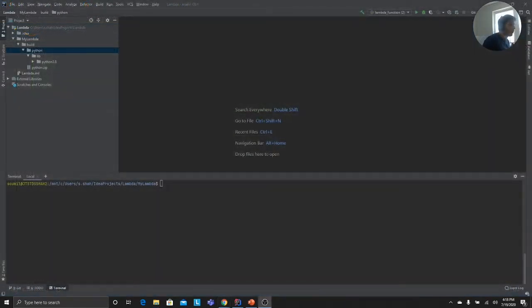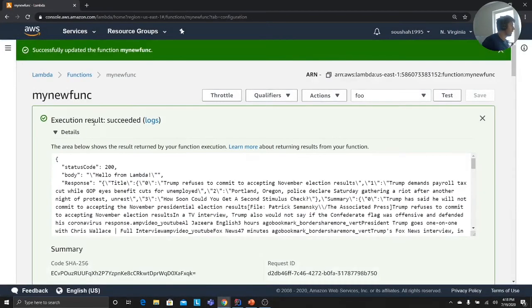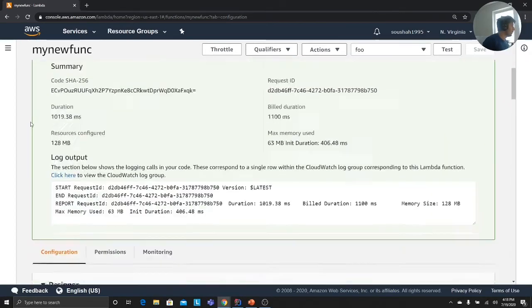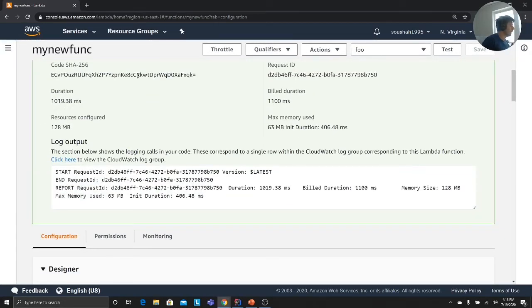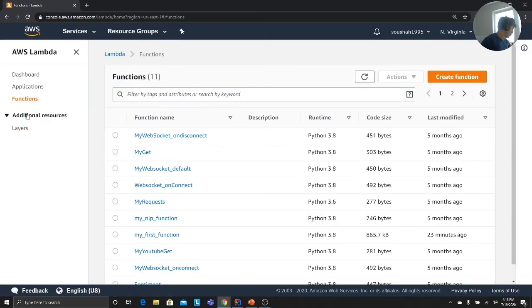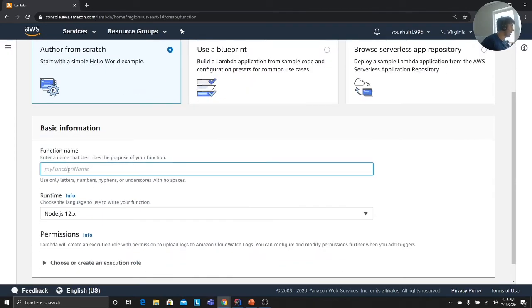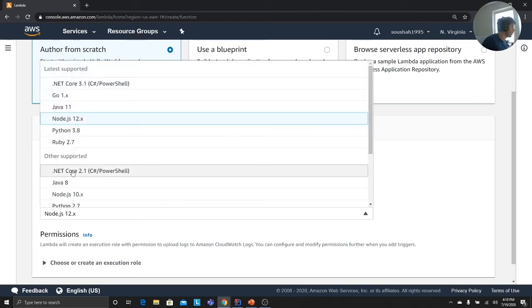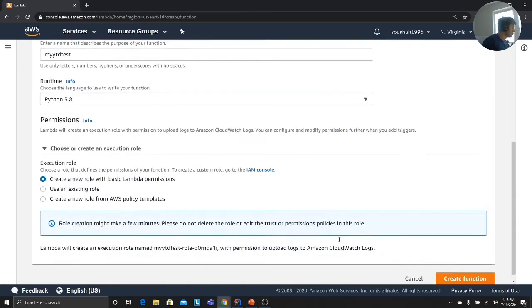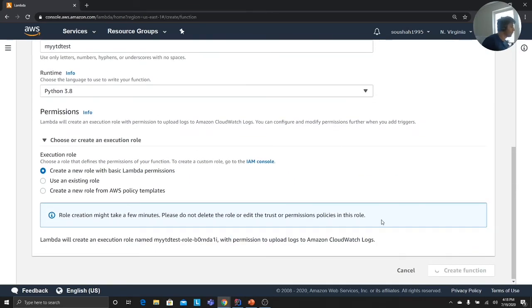Okay. So let's learn how to basically create our AWS layers. This is the final step that I want to show you. So basically what an AWS layer does is, actually, you know what, I can show you from scratch here. So let me actually create an AWS function. We are now going to use AWS layers. So my YTD test. Okay, so I'm just going to name this function whatever you want. I'm going to select Python 3.8 as a runtime. So use the same existing policies and stuff like that.